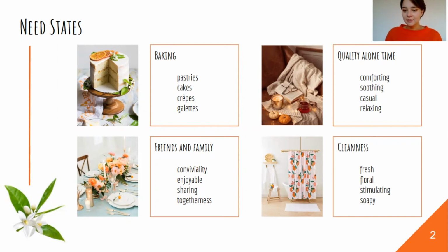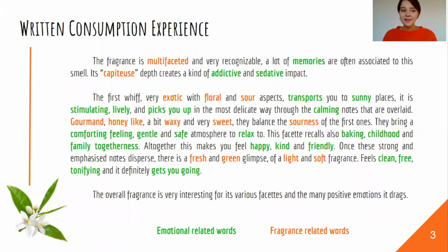And then there's cleanness. It is often that you find orange blossom in shower gels because it feels fresh. It's stimulating. It's great for a morning shower. It gets you going for the day, and people like it. Finally, the written consumption